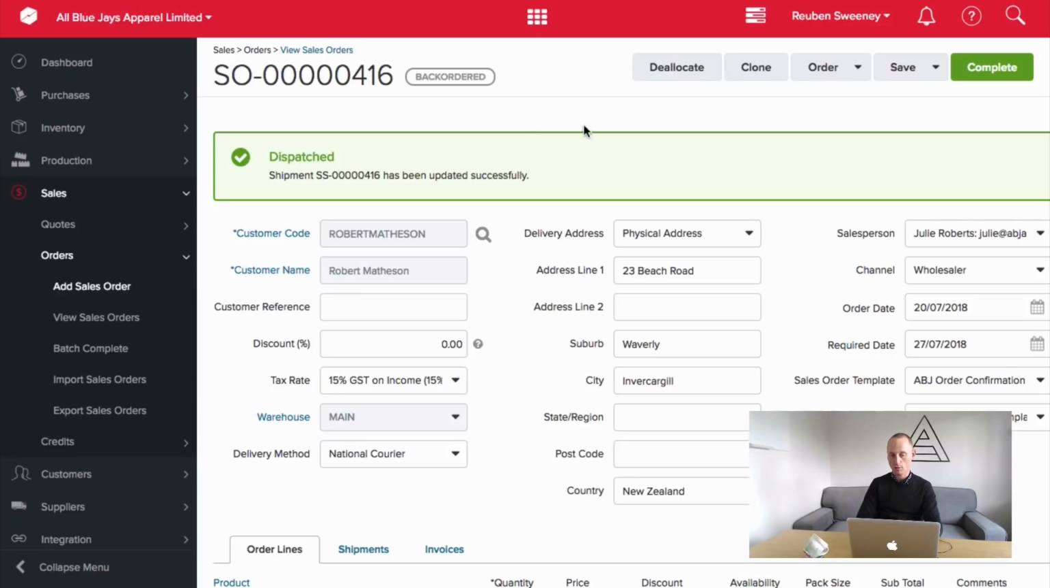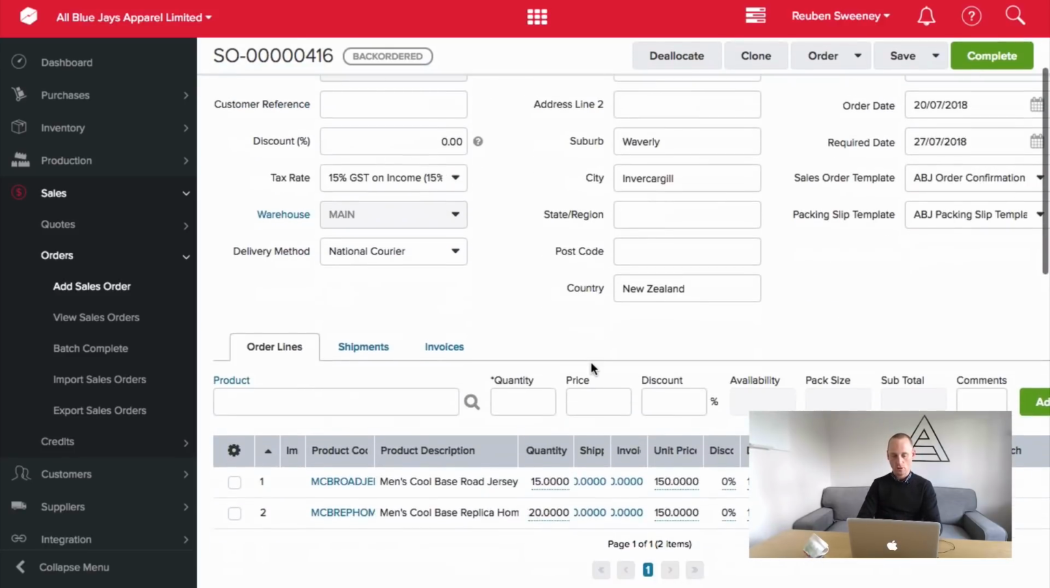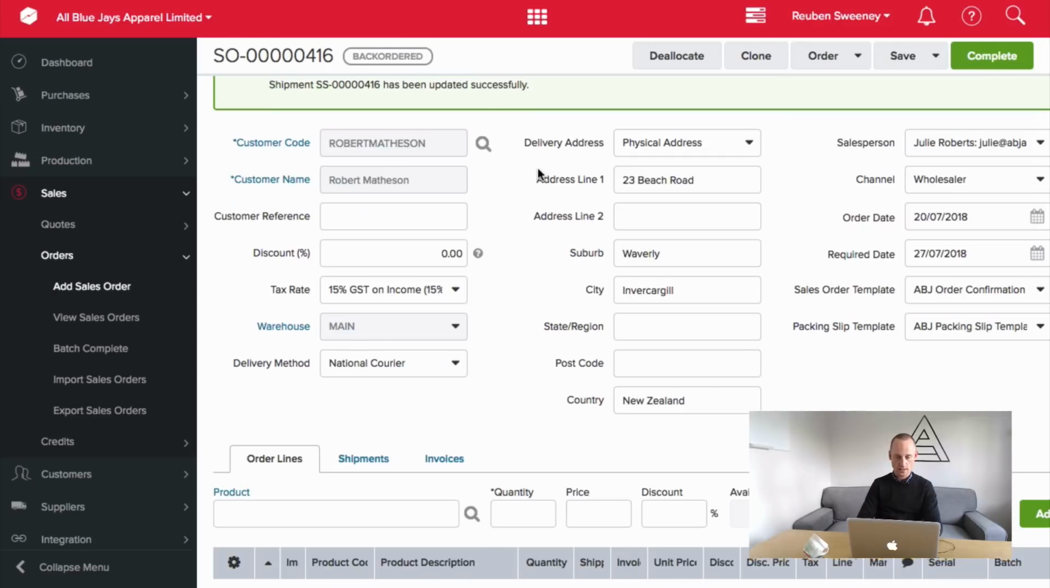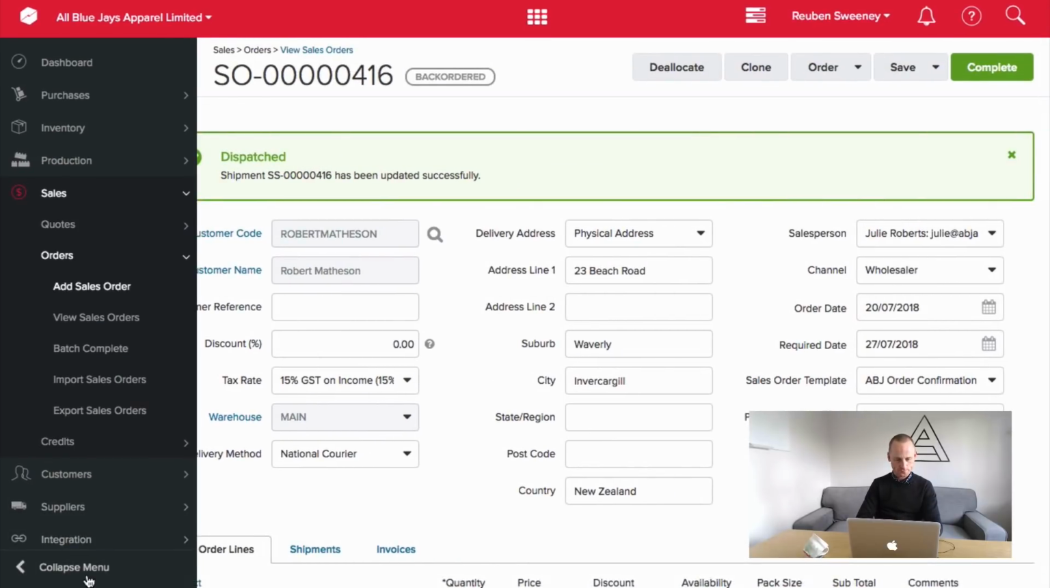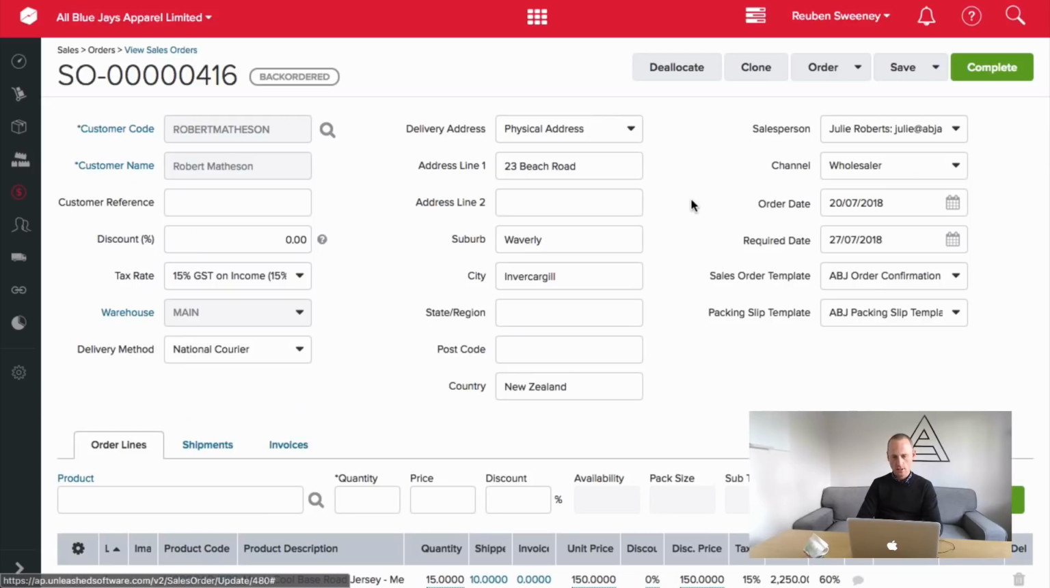automatically set the status to back ordered. So Unleashed knows, because I didn't fully ship everything, that everything else that we haven't sent must be on back order. So it's automatically updated the status there. That's quite cool. Now there's a few things we can do next that really depends on the kind of industry